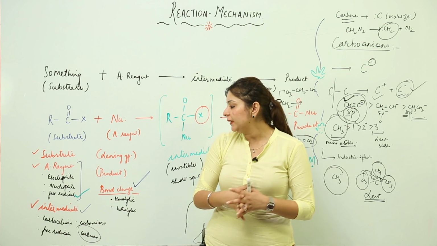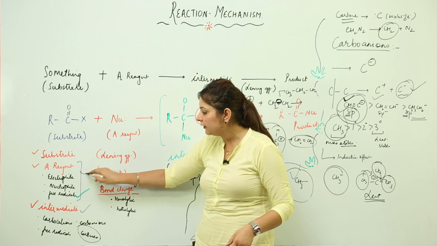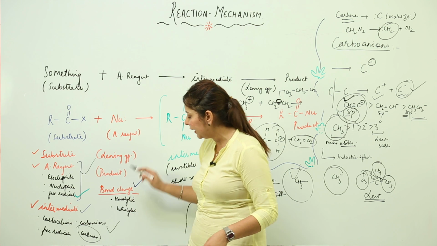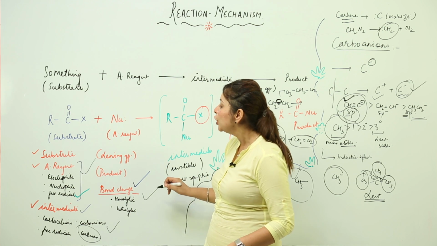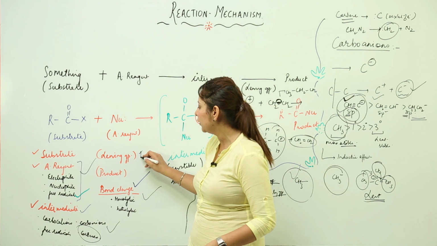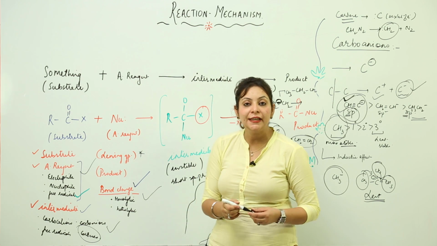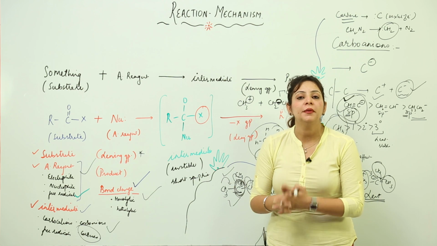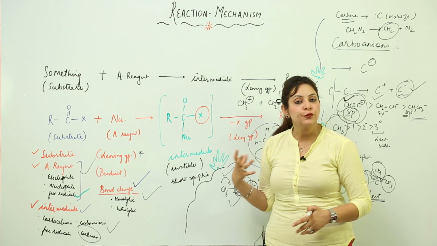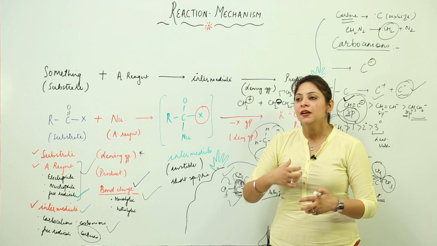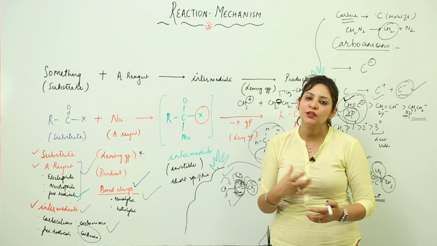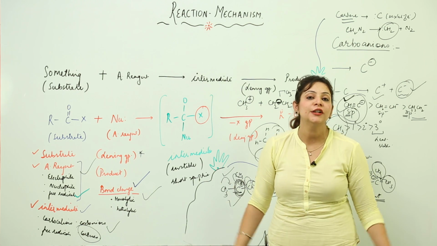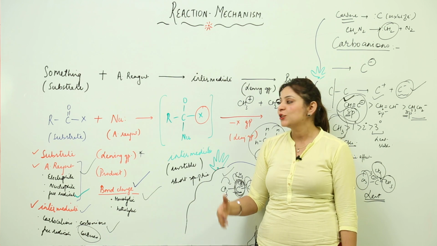Now, we have already discussed the attacking reagents, the intermediates, and the bond cleavage. So now it's time to look at the leaving groups, what kind of groups can leave actually. After completing this, we can start with the types of chemical reactions where they all are going to function, and we are going to learn in an interesting manner how reactions actually take place and what kind of reactions you encounter in daily routine, right? So just look at the board.